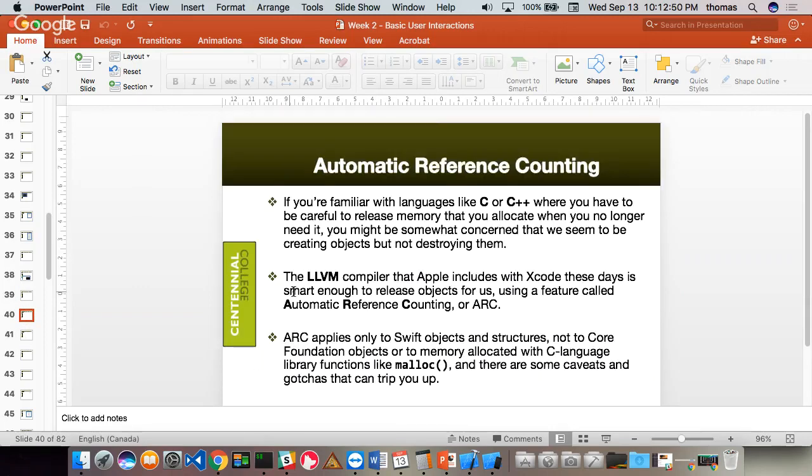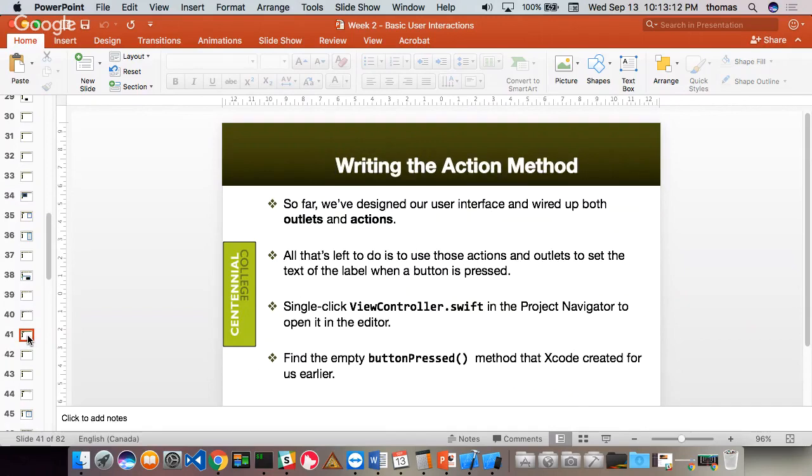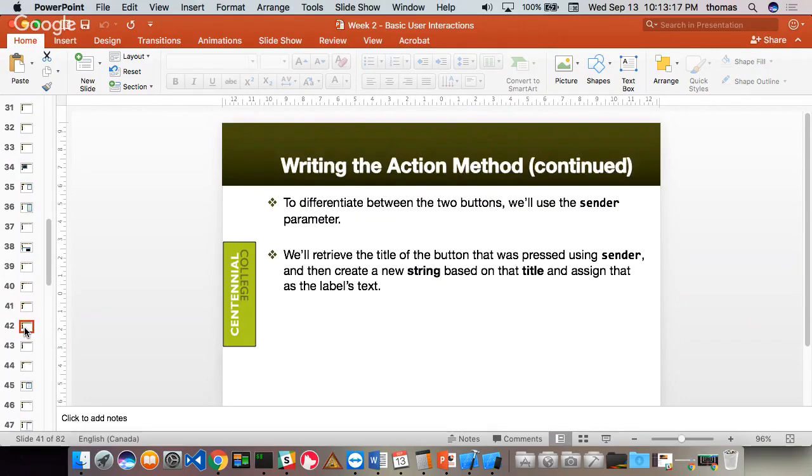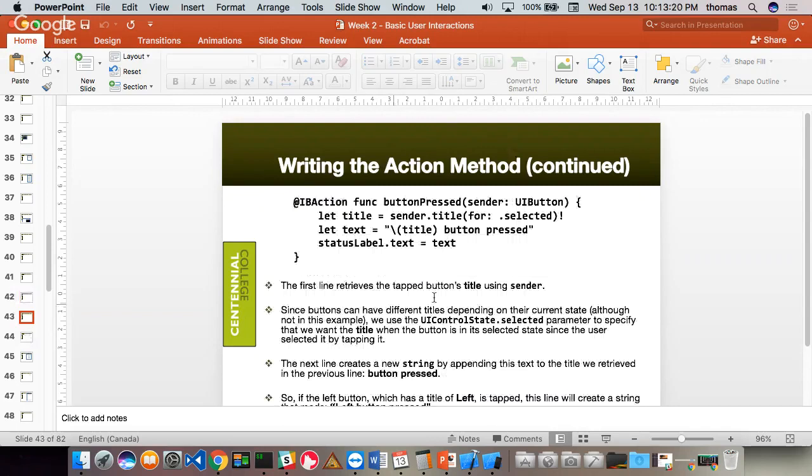And it talks about things like automatic reference counting. In C and C++, memory management is very manual. But here in Swift, as well as in other higher level languages like C# and Java, automatic reference counting and memory management becomes easier, right? And that's what this does. So you don't have to do an alloc and malloc or dealloc. All right, so they talked about writing the actual action method,